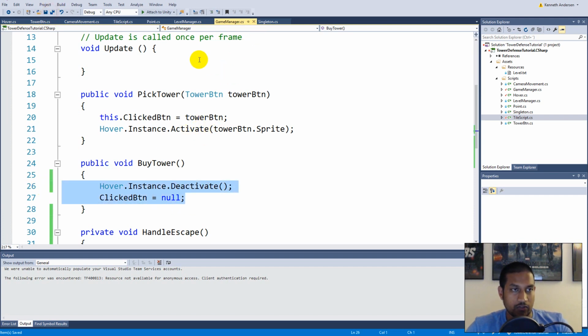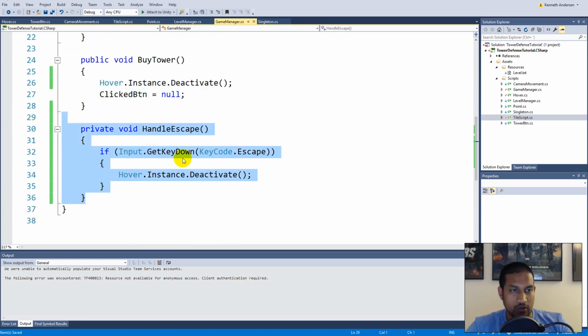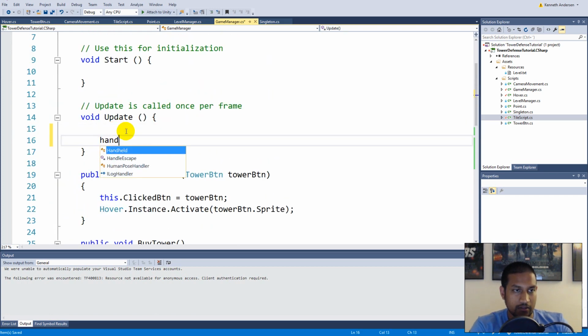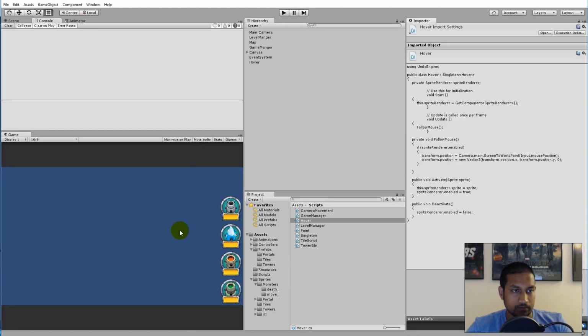So if you save this now, the thing we need to look for is this handle escape function here. Handle escape needs to be called somewhere. We need to go to update and write handle escape. That went well. There we go. And then we need to save this. So now we have handle escape executing in update,